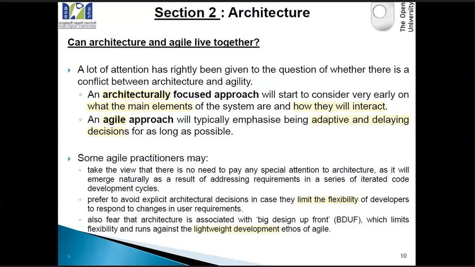So, based on this explanation, the agile approach, let's take a look here now. That's practical emphasis, adapting and dealing with decisions, delaying a decision as long as possible. It means it tells you, okay, we won't go into details. I'm doing a part. Agile tells you let me finish one part, then go to another, without talking about the details much. But this concept,